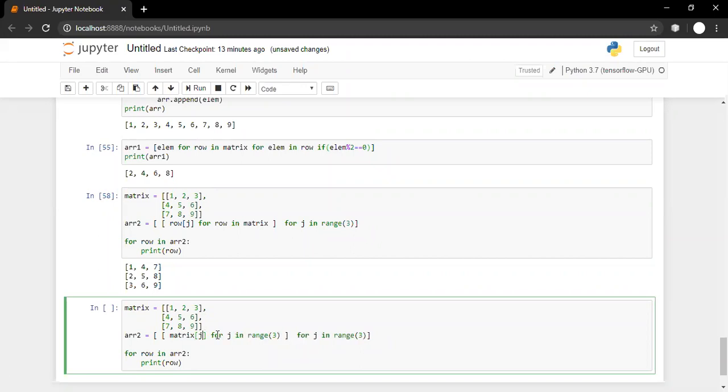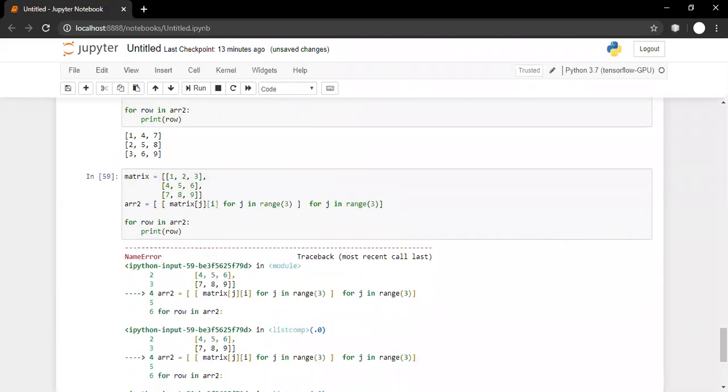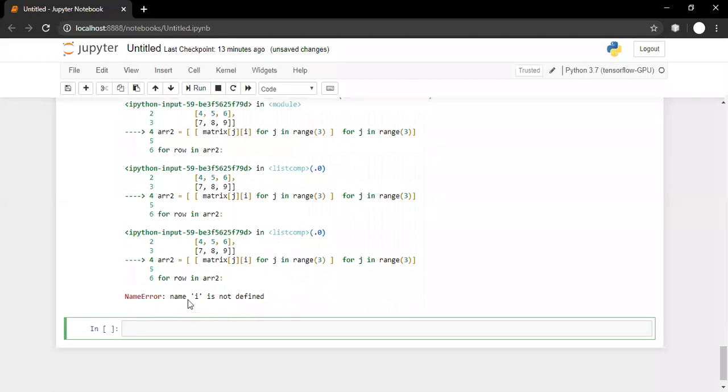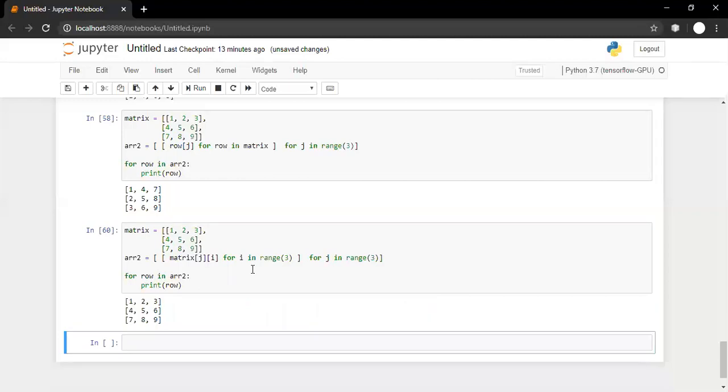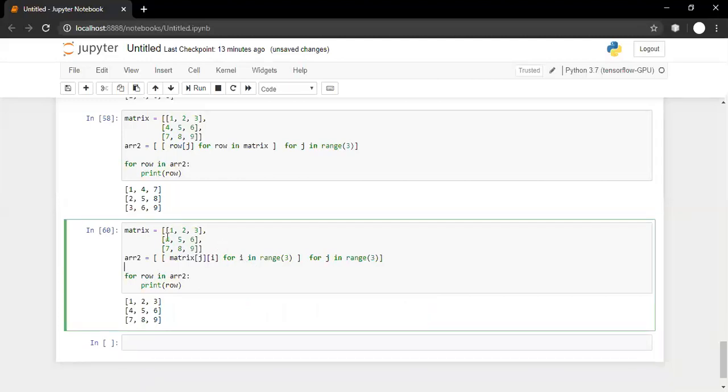So simply change the row and column. So this is an even simpler solution. This is executed first, then this is executed second, and you are simply changing the row and column indexes.